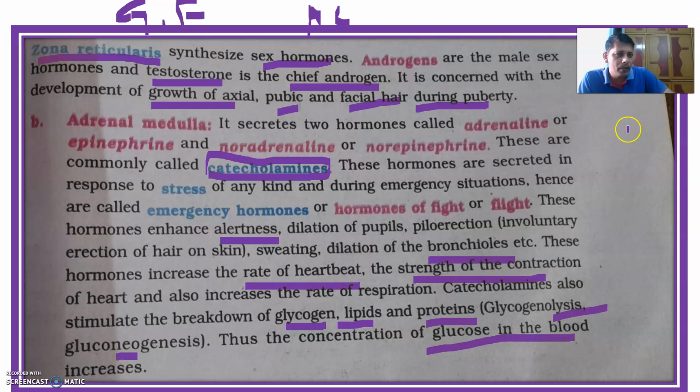Which of the following hormones increase blood glucose levels? They ask questions a bit like that. These hormones, epinephrine and norepinephrine, can increase the glucose level. The glucagon hormone also can increase it. The glucagon hormone is produced by the alpha cells of the pancreas, which is also capable of increasing glucose levels.